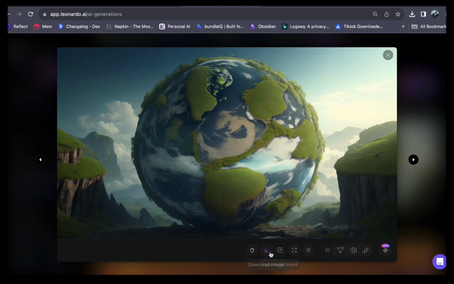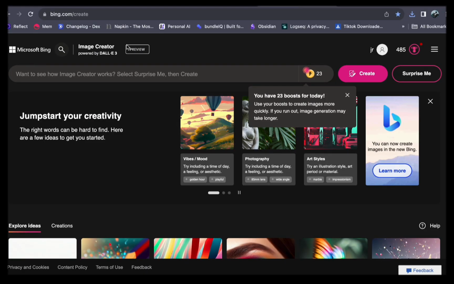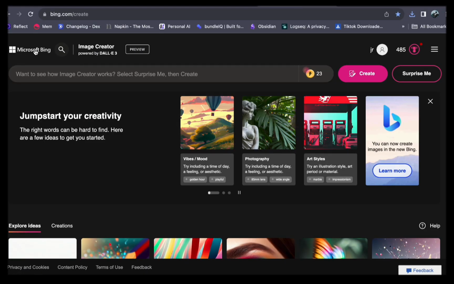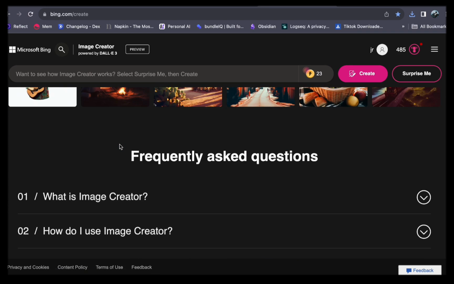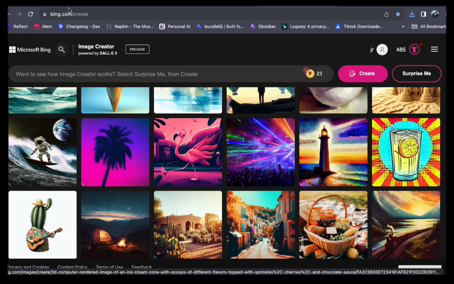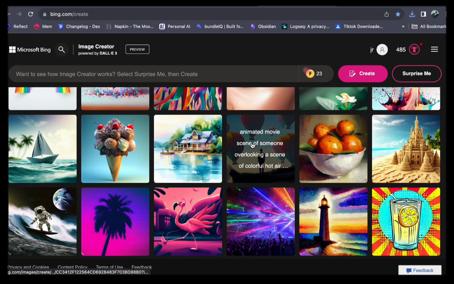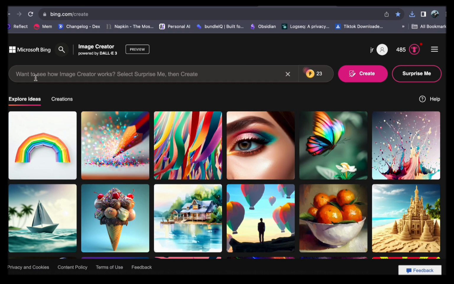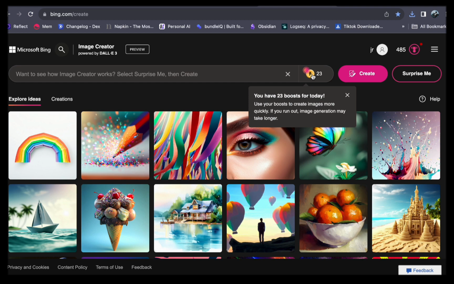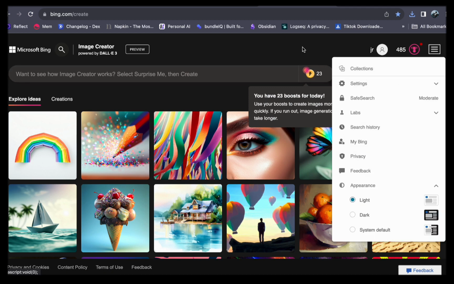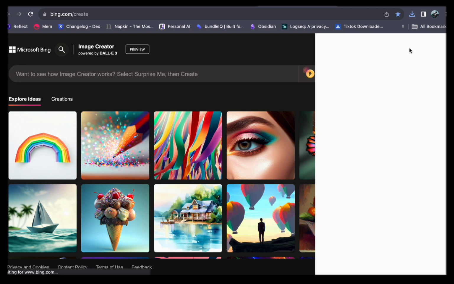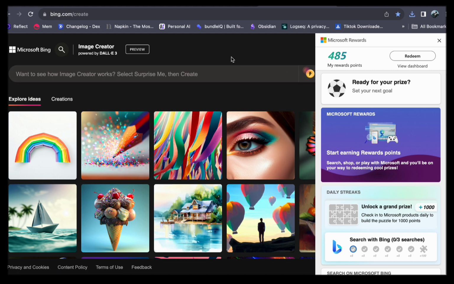Let us move on to our next remarkable tool, Dolly Tree, within the Bing Image Creator. Dolly Tree stands out as a true innovator in the realm of text generation, surpassing its predecessors like Midjourney and even outshining many other models from the past. Once you're on the dashboard, pay attention to the credits next to the text box. These are the lifeblood of efficient image generation. You can accumulate more credits by actively participating on the platform, and with each prompt consuming just 1 credit. Even if you are here for a casual hobby or some fun experimentation, your credits are unlikely to run out